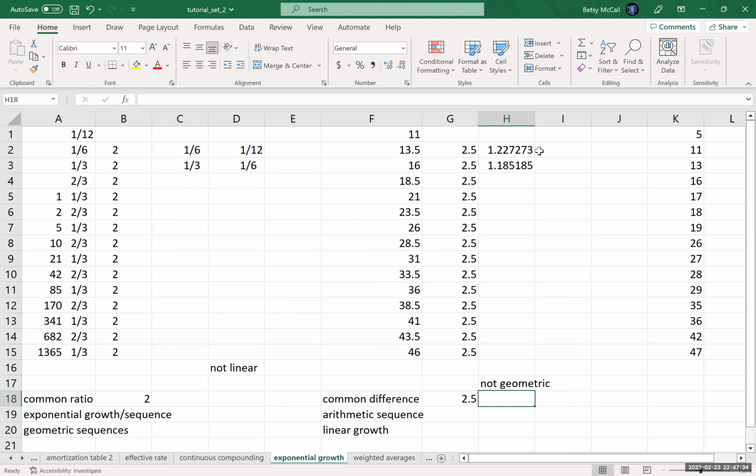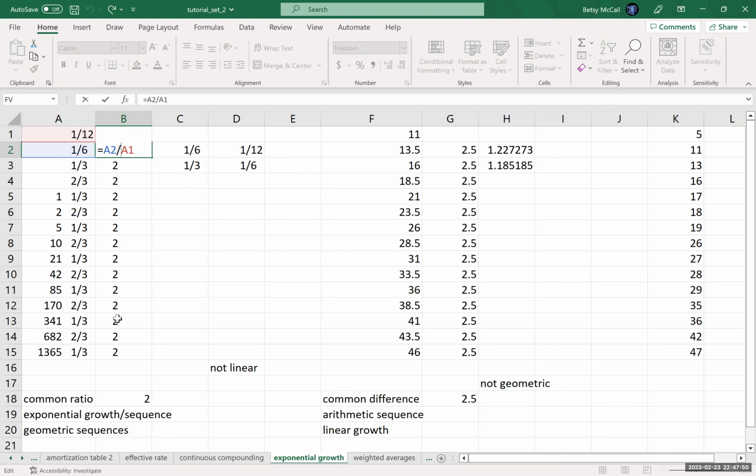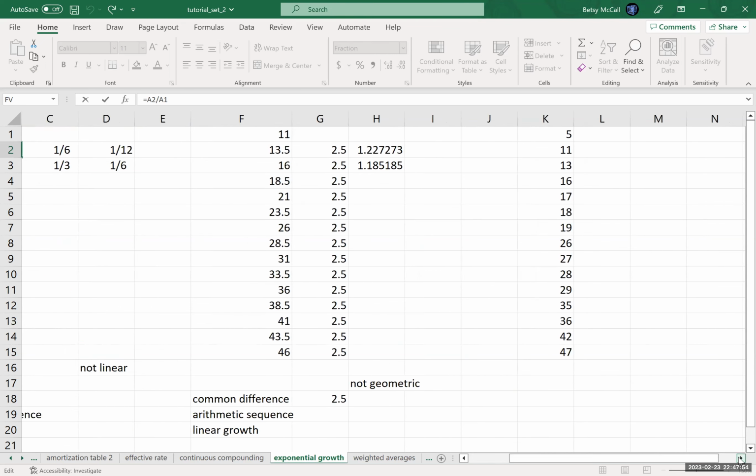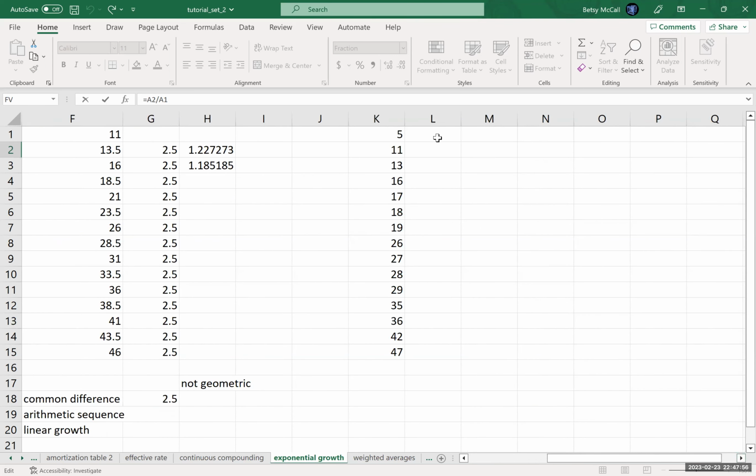So linear sequences have a common difference. Take the subtraction between them, get the same value each time. In the geometric sequences, they have a common ratio. So we divide, and then we get the same value each time we divide. Now, if our sequence is neither of these, then they will both fail to have a common ratio or a common difference. So in this example,